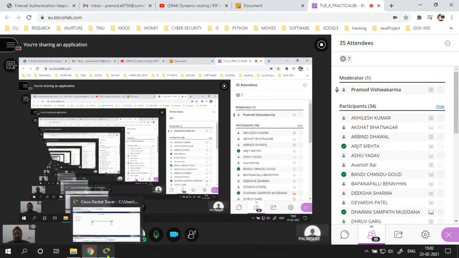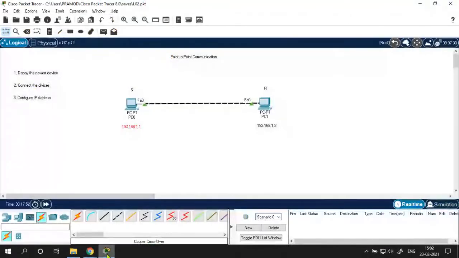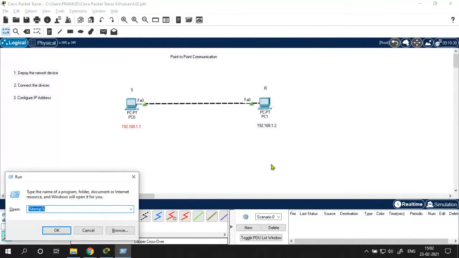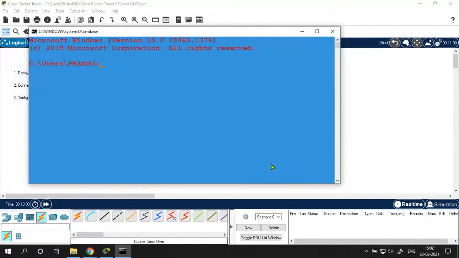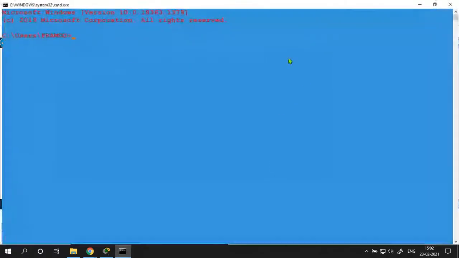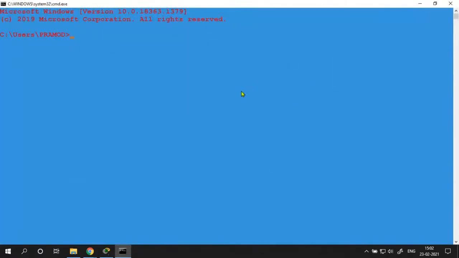So in this, I was working in real-time mode. There are various networking commands. In this real-time mode, this is my command prompt. All the commands work as if you are working on your actual system.